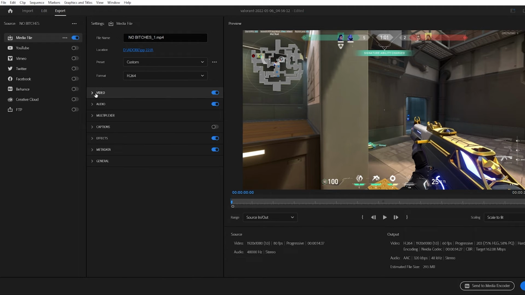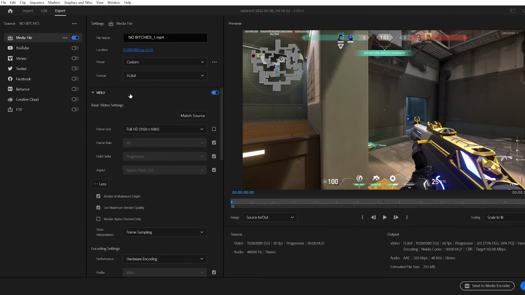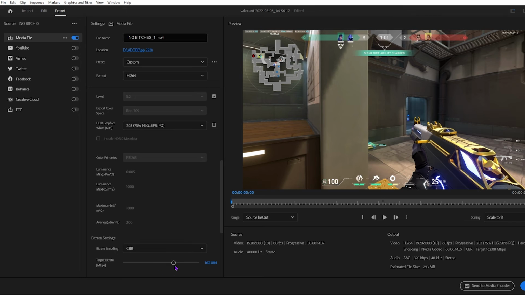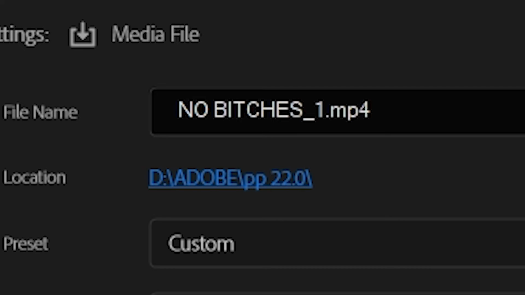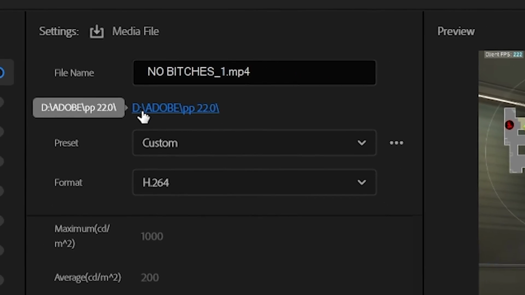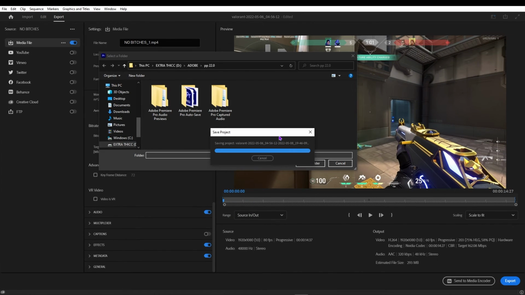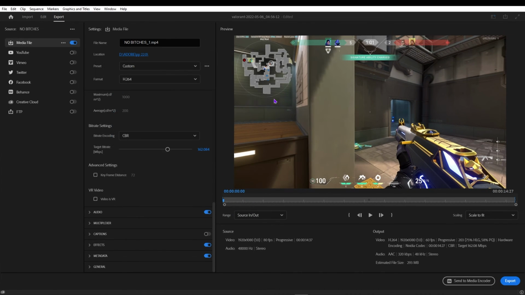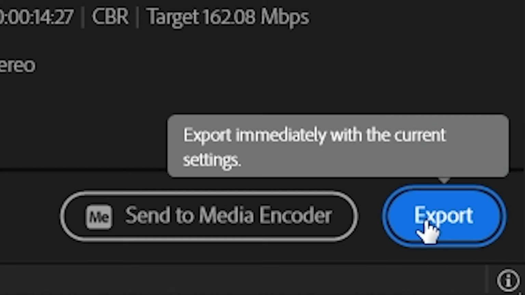Now, before everybody flips their table, it'll look like this. All you want to do, I know it's going to be hard, left click the video tab. Quality, and I think the default for 1080 is like 50 megabits. Click location and select wherever you want to export it, and then at the bottom right click export, and boom,